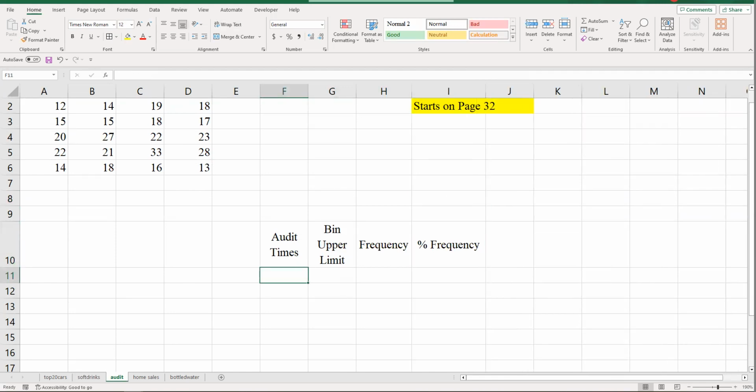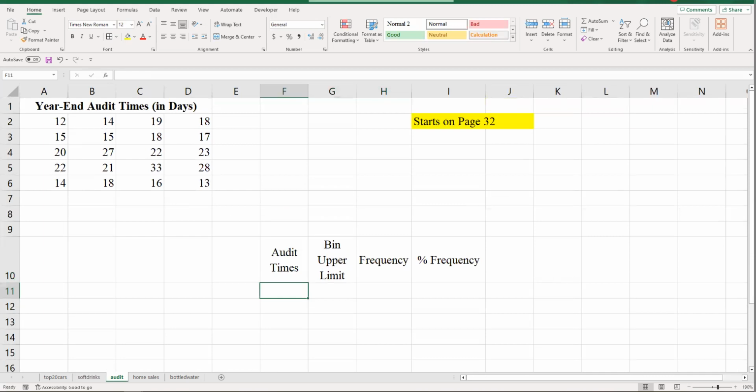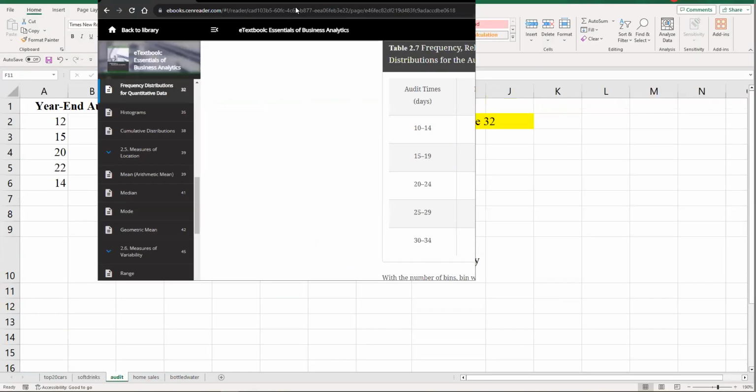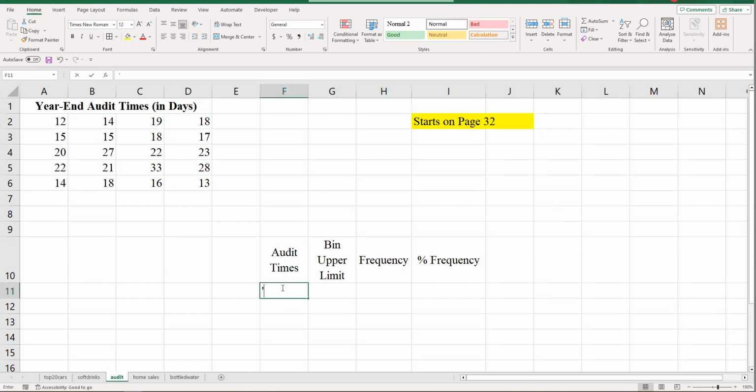We're going to create these audit times as a spread. So basically 10 to 14 is what they've got set up. We're going to copy that: 10 to 14, 15 to 19, etc. When we do that, we can't just write 10-14 here, or it's going to try to turn it into October 14th. So as I was saying, do a single quotation mark, 10 to 14, and then it'll treat that as text. And then 15 to 19,